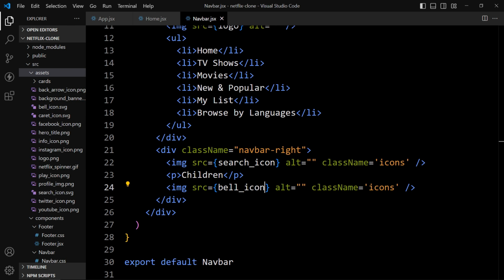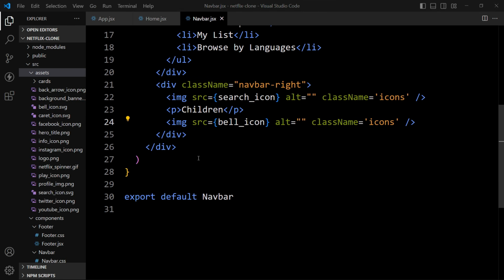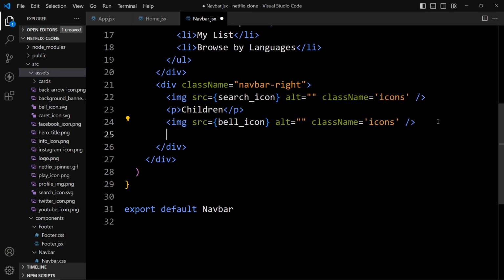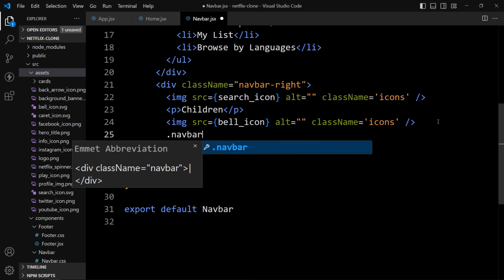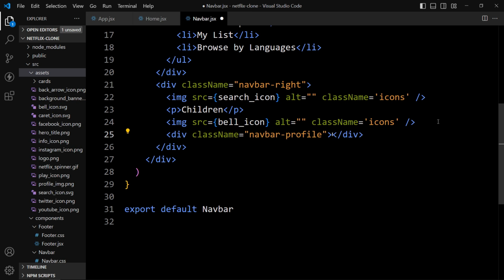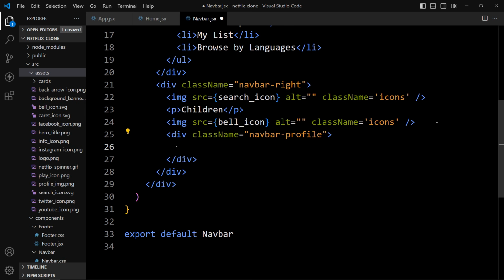Now after this we'll add one profile icon, and with that profile icon there will be drop down icon also. So we will insert the profile icon and drop down icon within a div. So let's add a div with the class name navbar profile, and in this one there will be one profile icon.